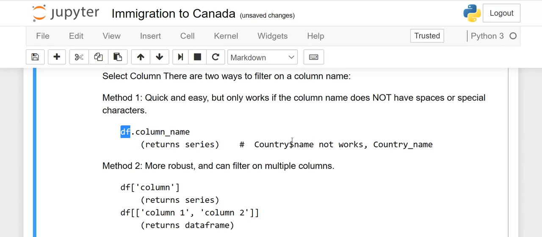But if the name of our column is country with a dollar sign, it will not work, because it works only if the column name does not have any spaces or special characters. This is a special character. But it will work if the two names are joined by an underscore, that is acceptable: country_name. Now again, this is your job, make some spaces here. If we do not have this underscore, if we have country space name, again it will not work. This is your homework, you have to practice it.